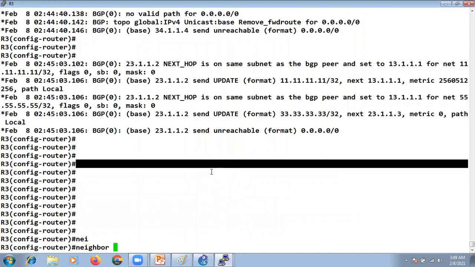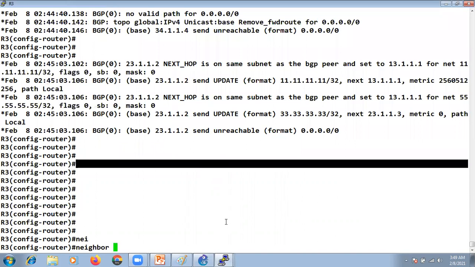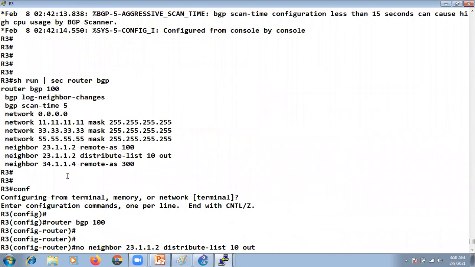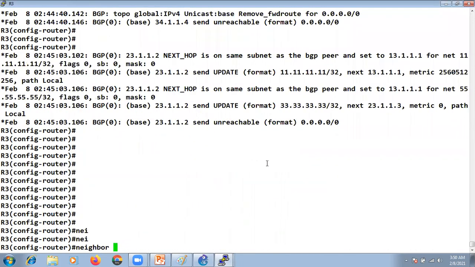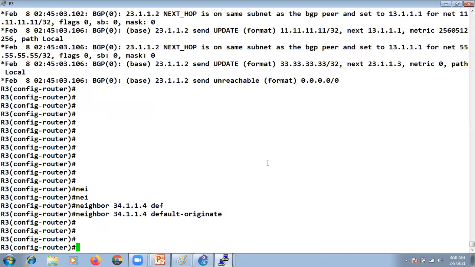What is the second method? So I am telling my router R4. This method is much better than the previous one, because we are applying the default route to a particular neighbor only. So if I go to R3, what is the neighbor IP? Let me check. It's 34.1.1.4, and I will say default originate. That's it. You are done.